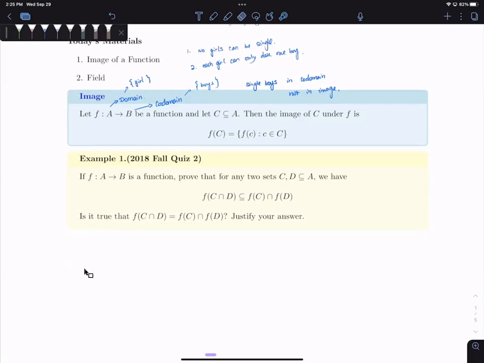The image of the girl is the guys they're dating. So for example, if you have X, then the image of X, so after f, you map to f of X equals Y. The Y is the image of X. So the image of a whole function is basically you put all the images of the elements together. So all f of c such that c is in the domain, you put all of them together, that's going to be the image of the function.